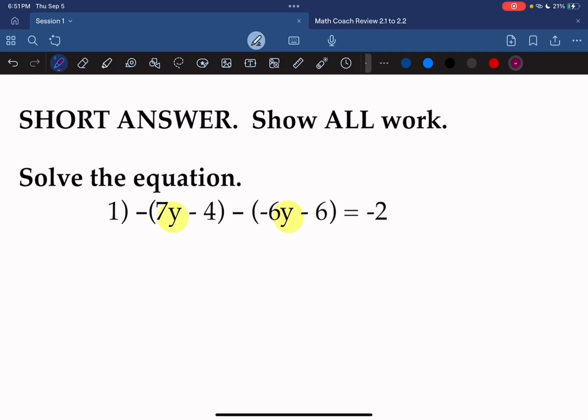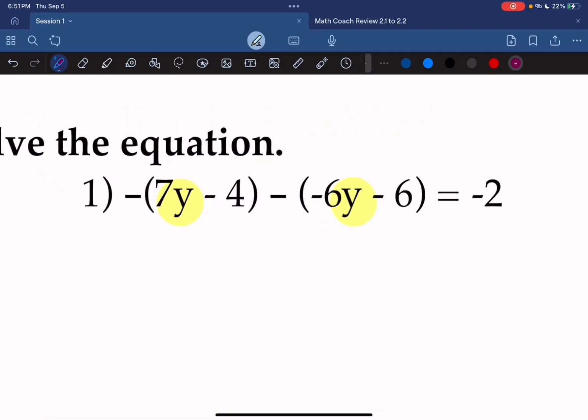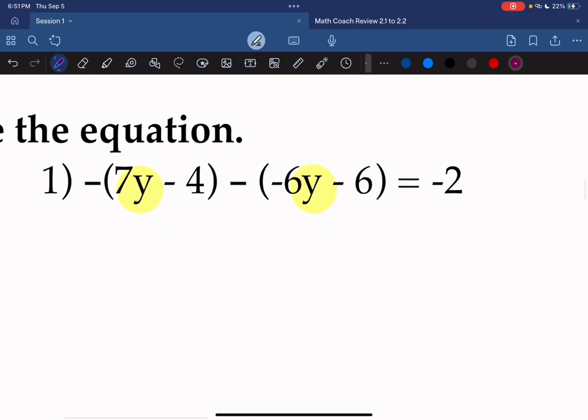But first, let's get rid of these parentheses. So, this negative sign that you see right here, we can technically interpret it to be a -1. And since there is no addition or subtraction sign right here, that means that this -1 is being multiplied into the parentheses. So let's do this. -1 times +7. A negative times a positive is going to give us a negative number. So that's going to be